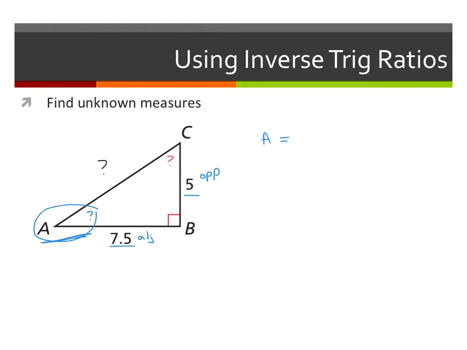So the ratio that compares opposite and adjacent is tangent. So tangent of angle A will be opposite over adjacent. This is a critical piece right here. If tangent of A equals 5 over 7.5, we can take the inverse tangent of both sides